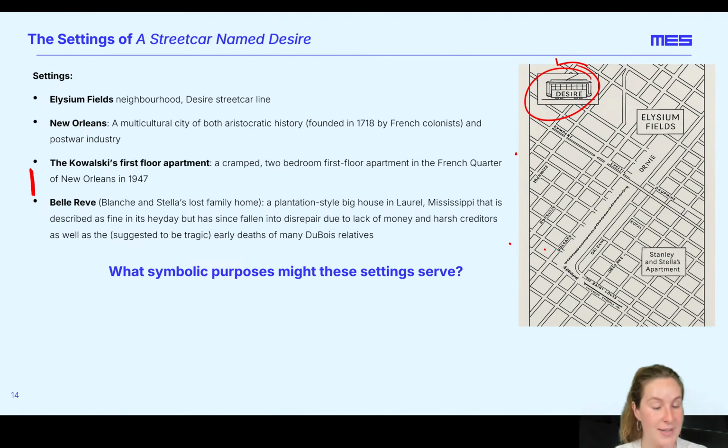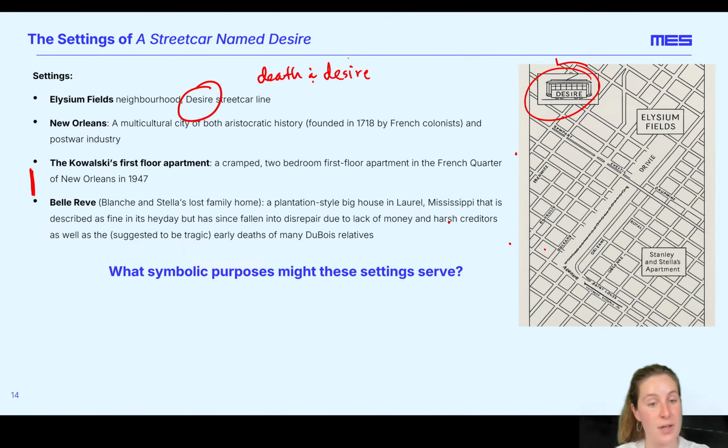Does this sound like the kind of place that Stanley, Stella, and Blanche are inhabiting? No. But it is indicative of this link they have with death, and death in the neighborhood being linked to desire. So desire and death being symbolically linked